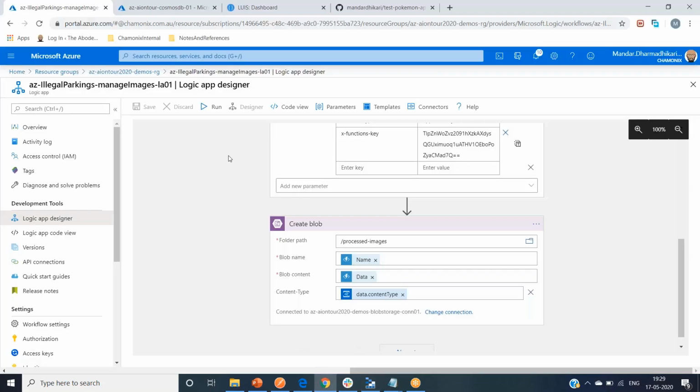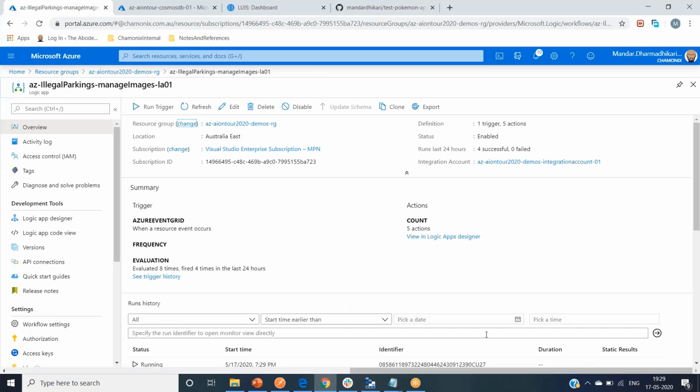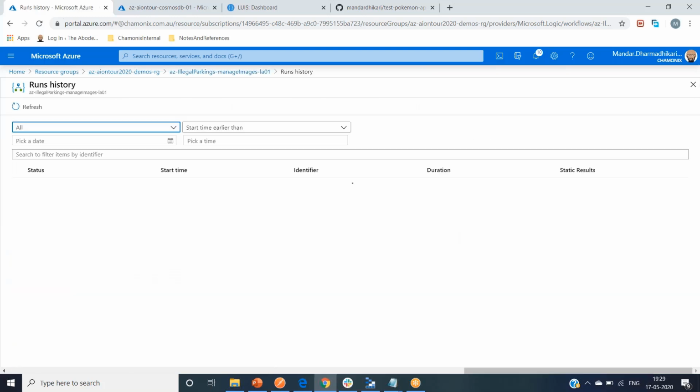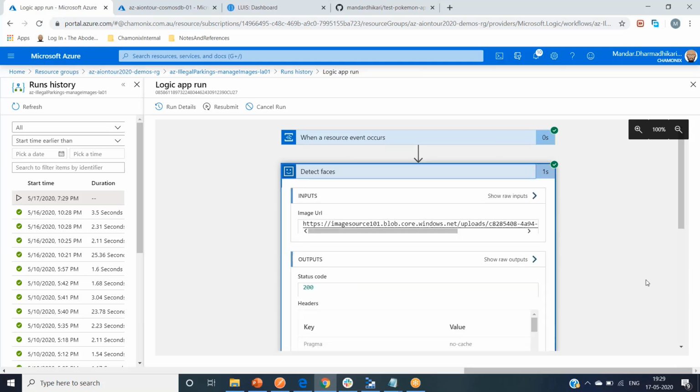Now if we go to the portal, to the quick overview, we can see that a flow should be triggered here. So we see that a flow is running at this point of time. We can see that the flow ran, it detected the face. So the output,